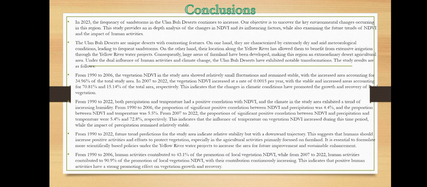The Ulan-Bu Desert is a unique desert with contrasting features. On one hand, it is characterized by extremely dry meteorological conditions, leading to frequent sandstorms. On the other hand, its location along the Yellow River has allowed it to benefit from extensive irrigation through the Yellow River water projects. Consequently, large areas of farmland have been developed, making this region an